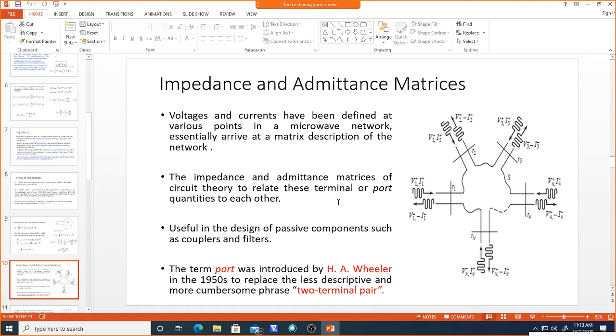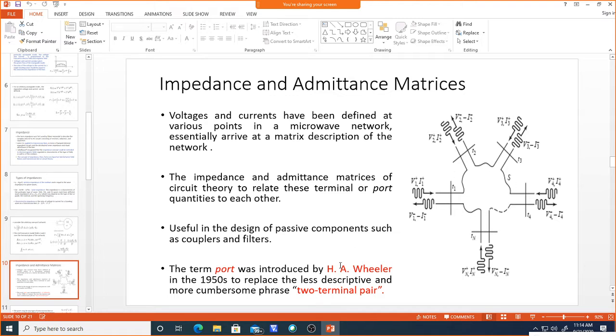also design. As I said, different passive components can be designed using this microwave concept and port parametric structures. You can design many components like couplers and filters. Just as you build filters in a circuit schematic, in a similar way you can design microwave passive components using this microwave concept. Say, for example, port 1, port 2, port 3, port 4, and port n. N number of ports can be defined in a microwave network.